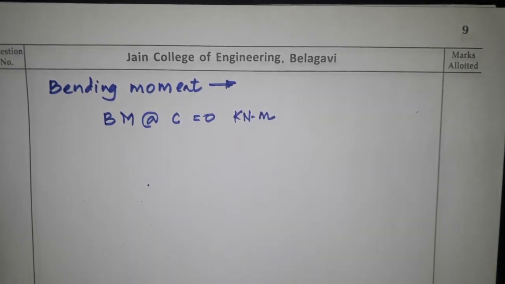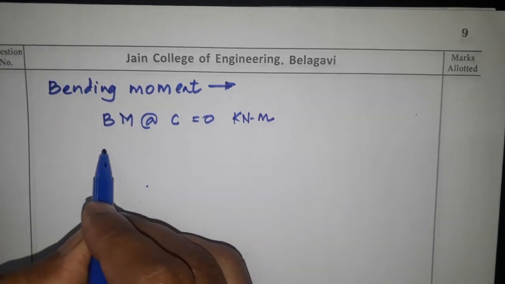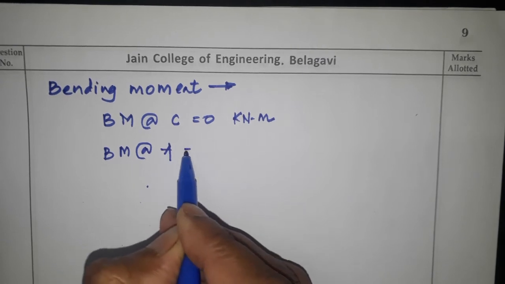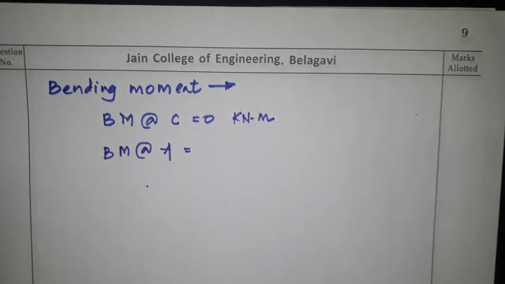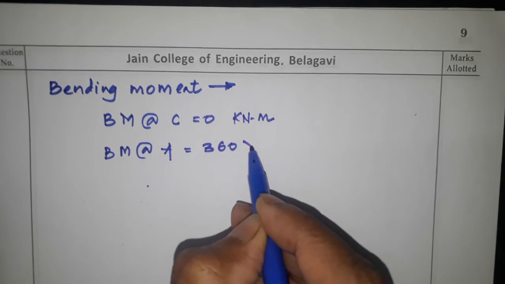Then the bending moment at A, with respect to all clockwise moments considered positive, is the load 360 into